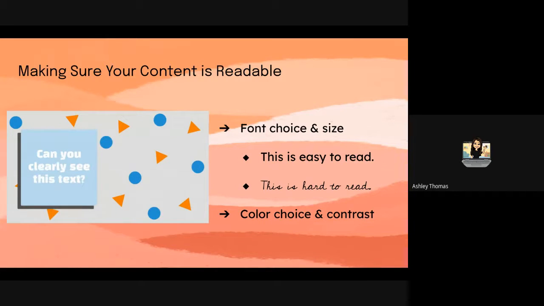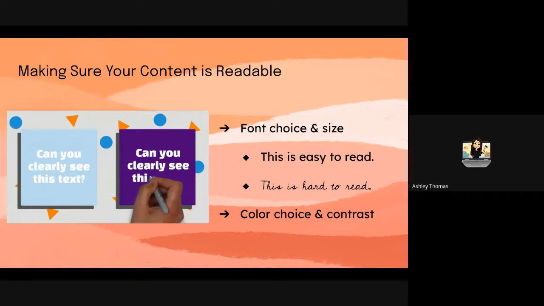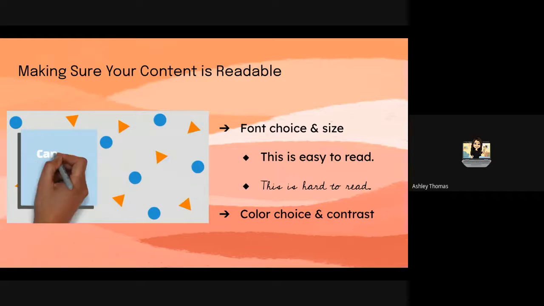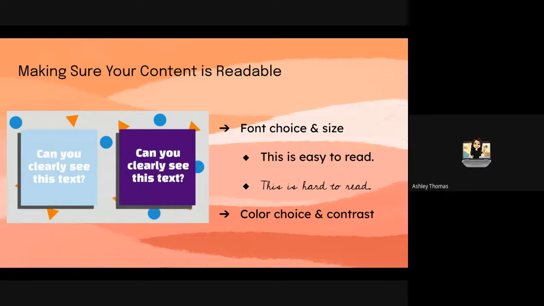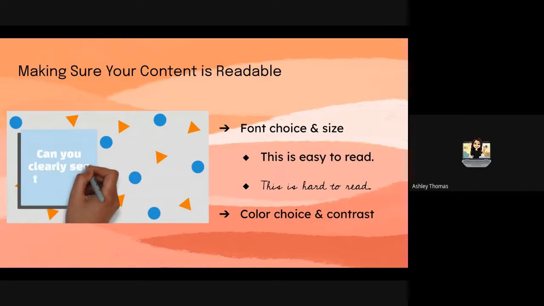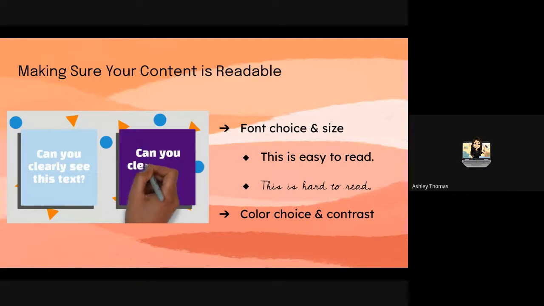Or again, the fancier fonts in some form of cursive. I know my husband, every time I try to make a beautiful DIY craft sign and it has amazing, intricate cursive, he always looks at me and he says, I can't read that. It's just